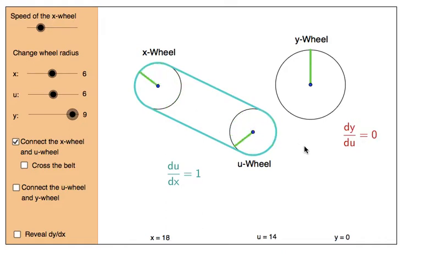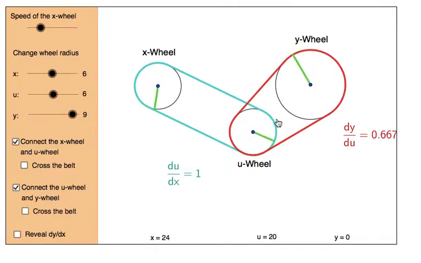So when we connect functions, why do we multiply the rates? Well, if you take a look at this rate of this x wheel changing with the rate of the u wheel, we can see that this is a one-to-one rate because the circles are essentially the same size. So the rate of change of this is equal to the rate of change of that. And if I connect it to the